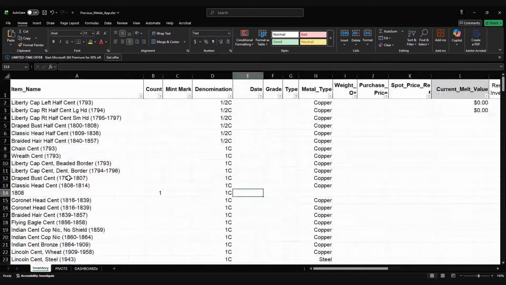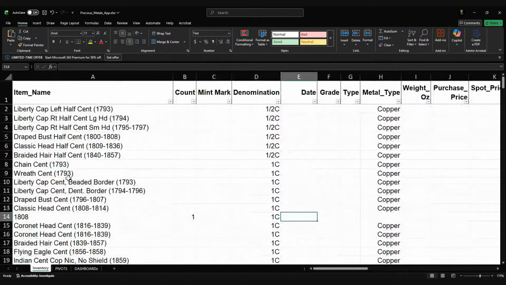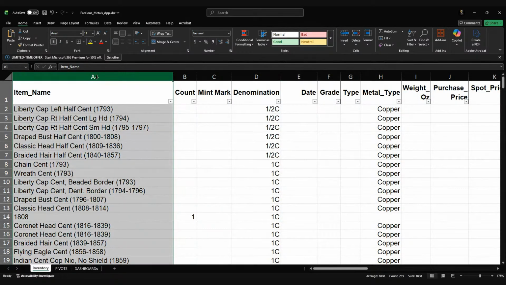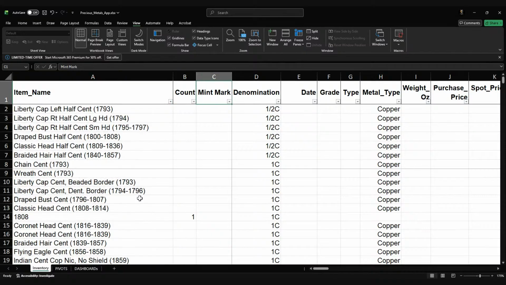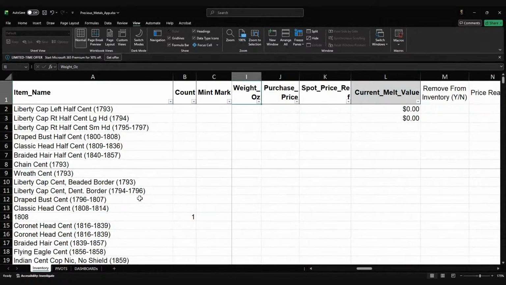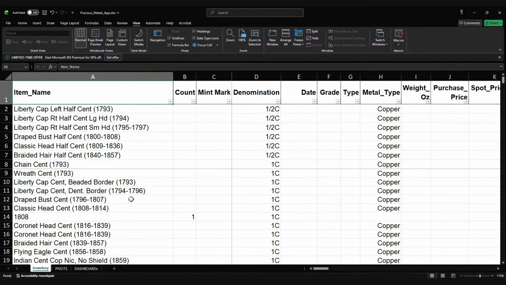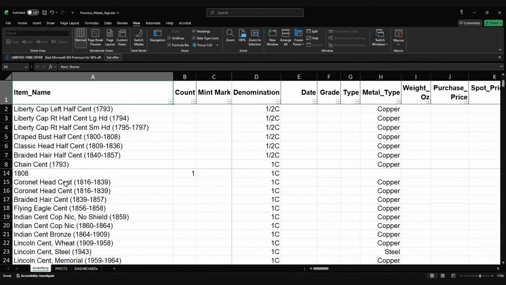I can make this a little bit bigger and move this around, and let me freeze this pane. Hold on. Let me freeze this pane. Okay, so now when I go through, it'll stay there so I can see it. Okay, so we'll come back over here. 1808, right? That's the year that I want. And so what I'm going to do is I'm going to do denomination, the date that I purchased it,